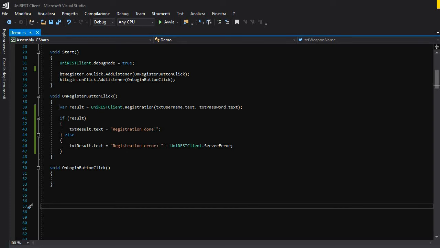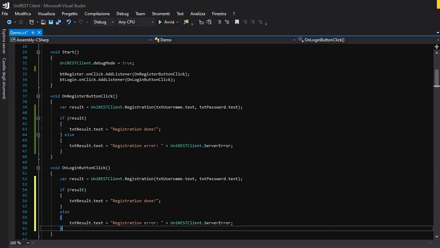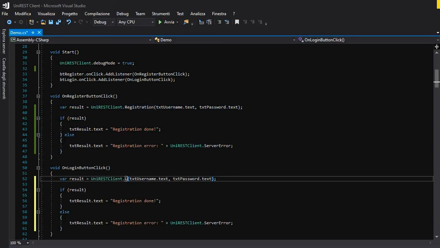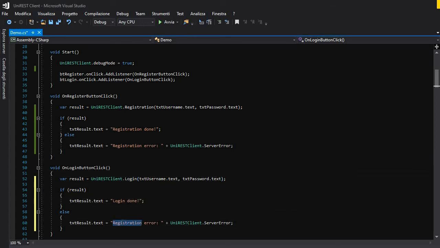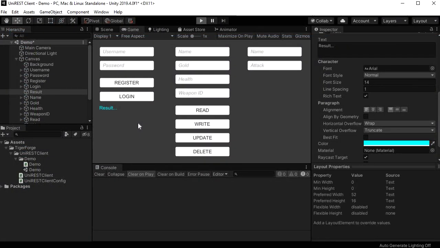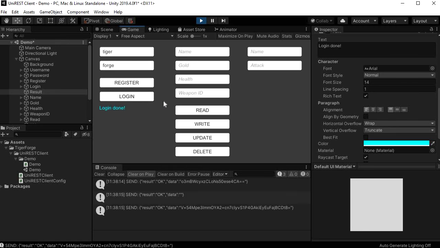It's time to code the login functionality. The method to use is login, and the code is practically identical to the registration method. So, I can simply copy, paste, and modify this code. Let's try it. I start the game, I type my account username and password, and then I click the login